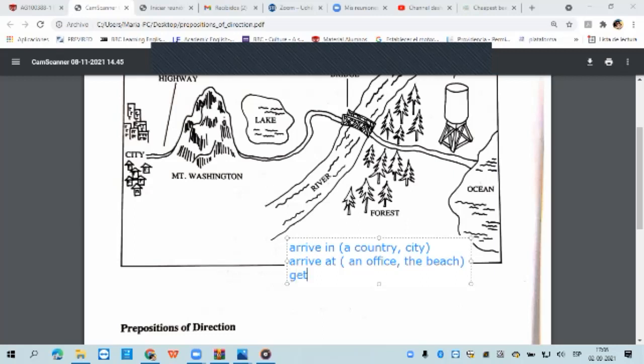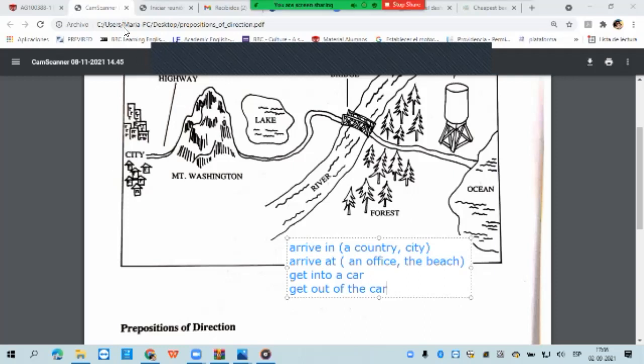The same with the verb to get into a car. You always get into a car. And the opposite is to get out of the car. I'm giving you the ones that are always with the same preposition, because the other ones can change. I mean, they are not associated with a specific verb. But these are the most fixed rules I can give you. Do you understand it? Yes.